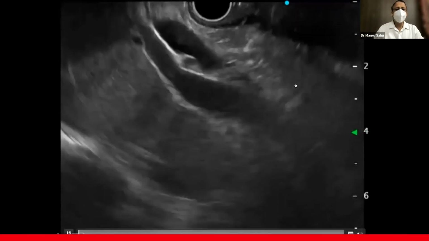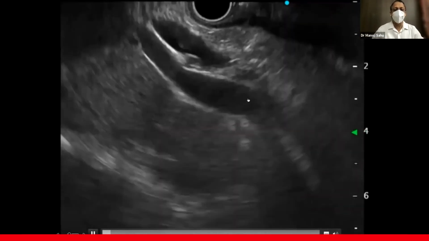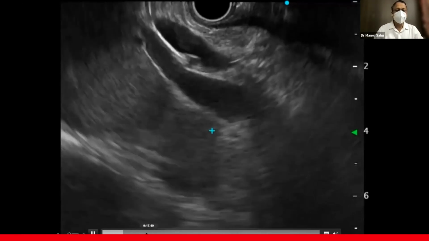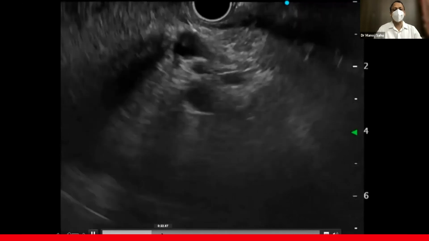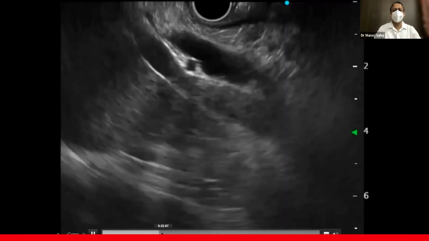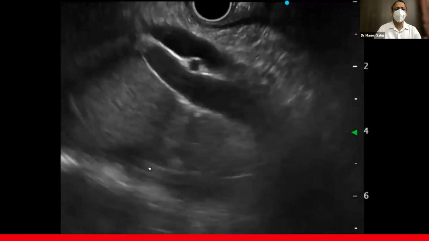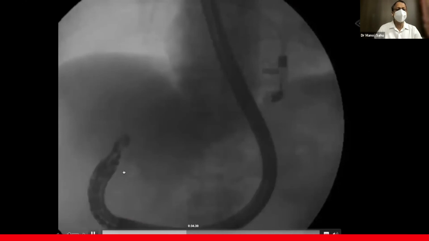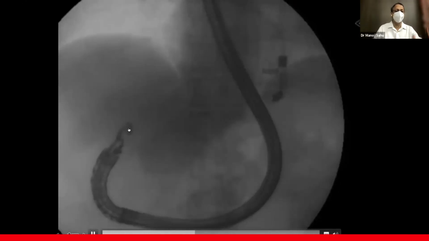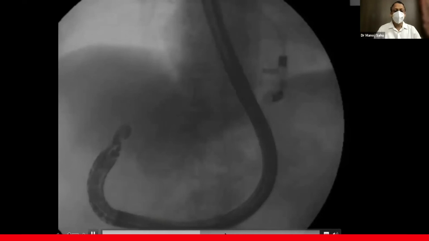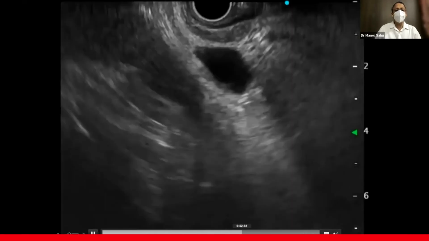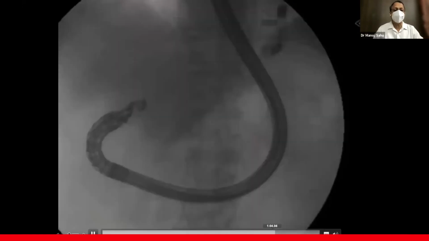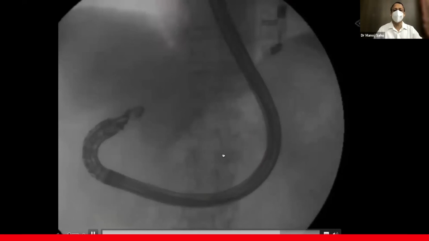So with the imaging of the bile duct from the duodenal bulb, when you are planning to put either a choledochoduodenostomy, or you want to do a procedure like a rendezvous procedure, or sometimes you need to put your stent there, you need to see the position of your scope. Here the position of the scope is towards the hilum. So choledochoduodenostomy is good, but with a little bit of adjustment, you can put your scope position towards the ampulla. It is possible. This position is good. So this is a good position for the ampulla.